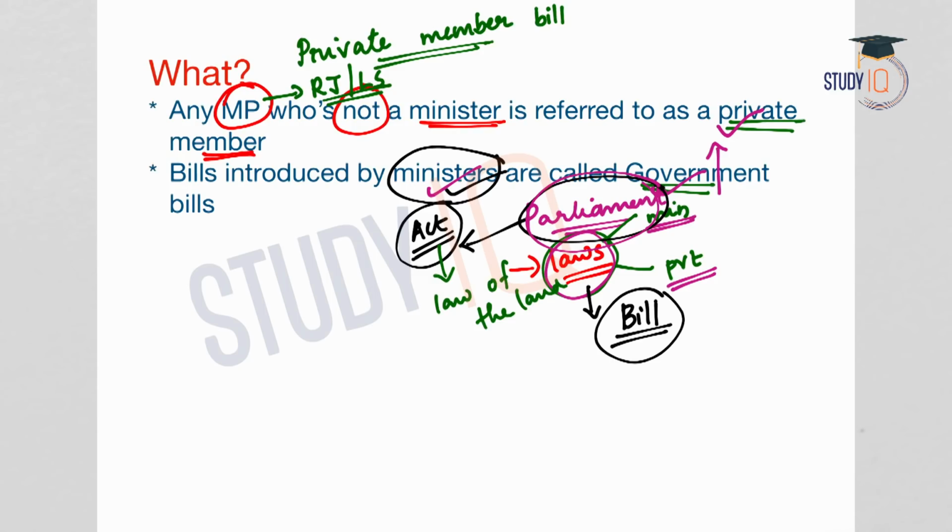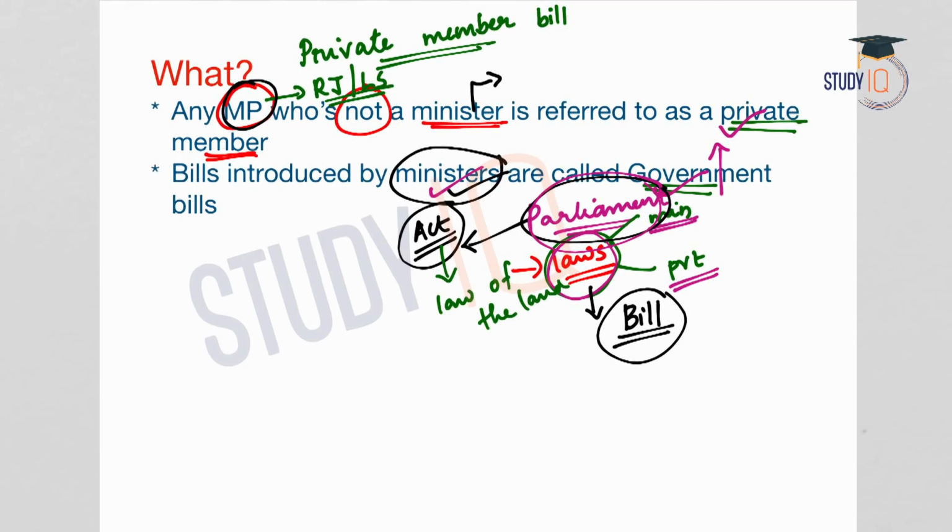Now what is the purpose of private member bills? Private member bills aim at drawing the attention of the government to certain issues in the society or in the existing legal framework, which require a legislative intervention. This can be by any member other than a minister, so it can even be from the opposition. If members other than ministers feel that certain issues in the country need the attention of the government, or require an alteration in the existing legal framework, or require a law to be implemented, it will be brought in the parliament as a private member bill.